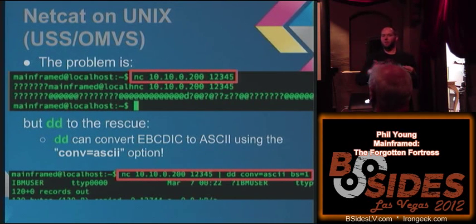You connected and it gave you EBCDIC data, and a guy showed that you could just pipe it through dd and get the output. Because I was searching, I thought, what am I going to do with this connection? Great, Netcat works, but you can't do anything unless you have a mainframe to connect to, right? So I did some searching, and I was able to find out that you can run it no problem.